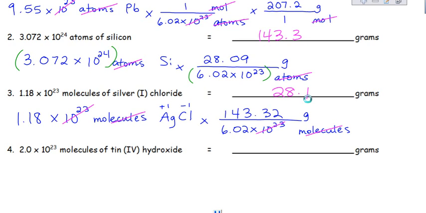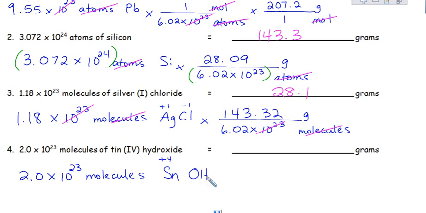Not bad, right? And so one more, the very last one. I start them all the same way. You got to put not only the numerical value times 10 to the 23rd, but the unit. Molecules of tin, Sn. Tin is plus 4